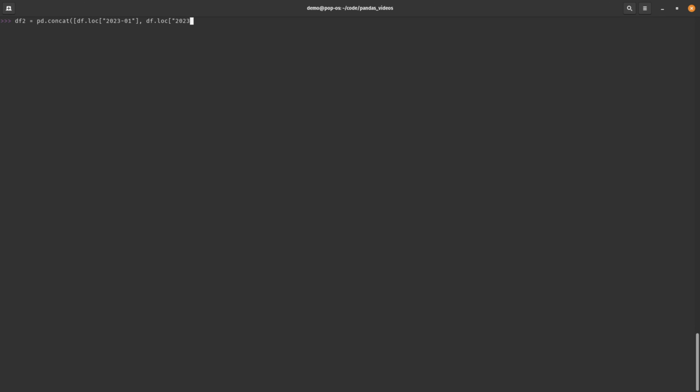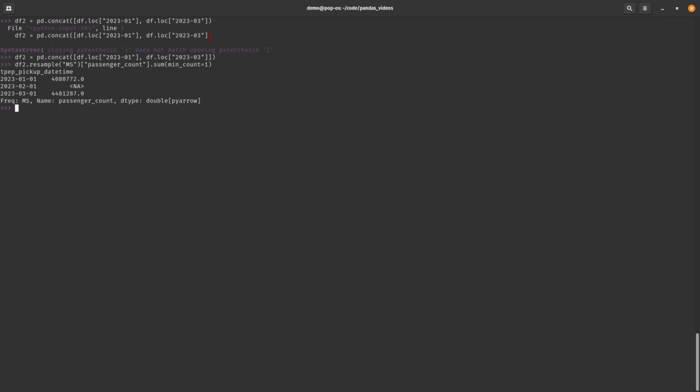Let's see if we were to actually work with a smaller data set. So here I'm just going to take January 2023 and March 2023. We'll see what that looks like when I resample up to a monthly period and just take the sum of passengers. Well, because of the way that I've constructed this data, I'm not going to have any data in February. What I could do is chain in a call to interpolate, and we'll do a linear interpolation there, which is great for filling missing values in time series. There's, of course, other ways to interpolate, but this is a really simple one that you can use